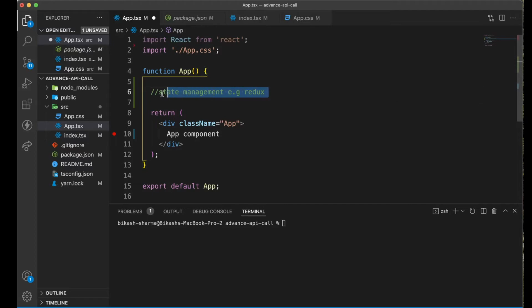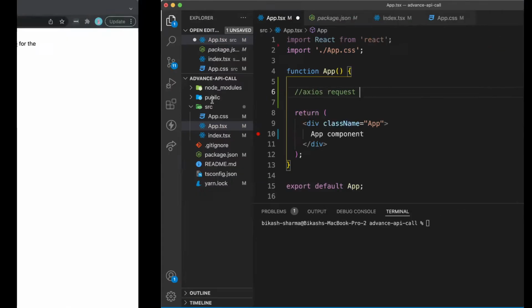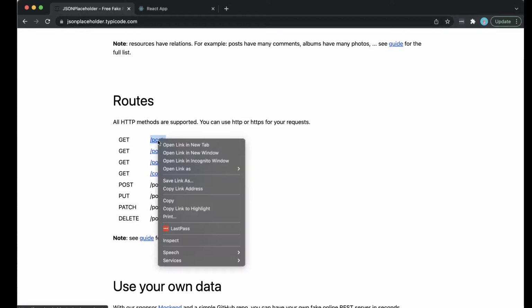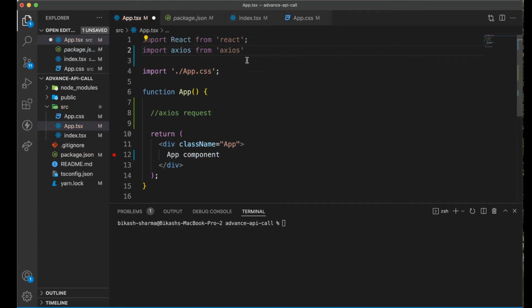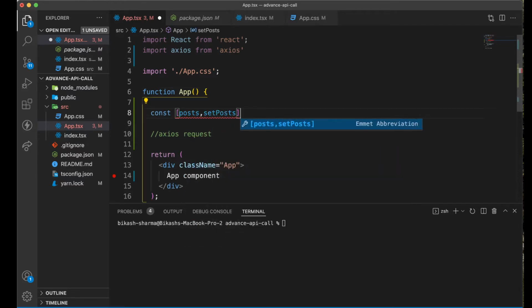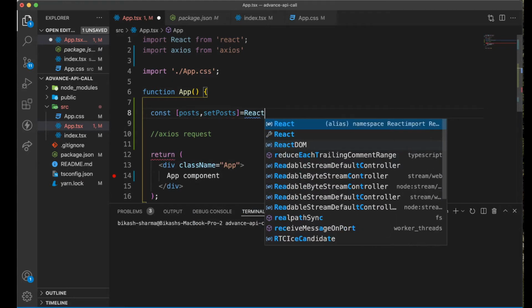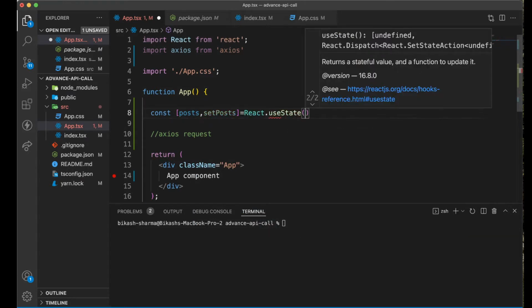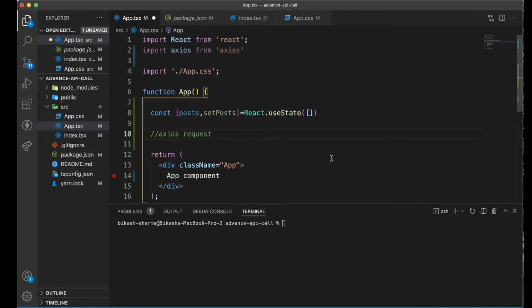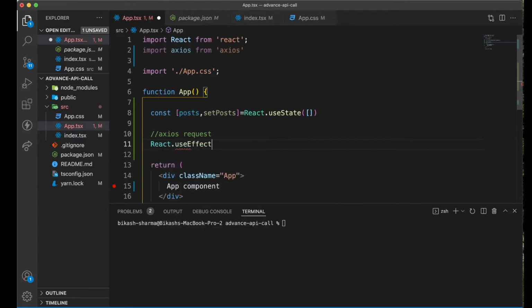But today what we will be doing is just calling our first Axios request here, and for that we are here in our JSON Placeholder. So I will be getting posts. Okay, so let's go and see Axios. The first thing we can do is have a state, and this state I will call post, and that will also have a setter function, coming from React useState, and initially it's an empty state. Okay, so next we will use React useEffect,